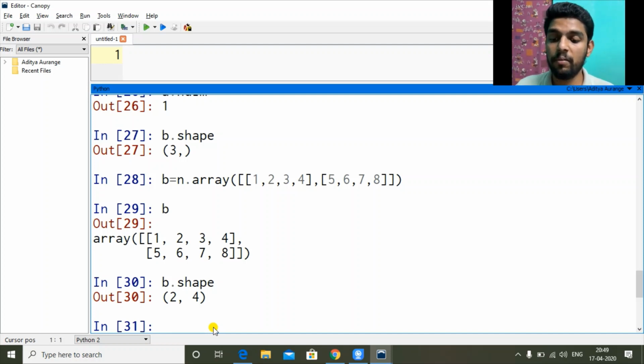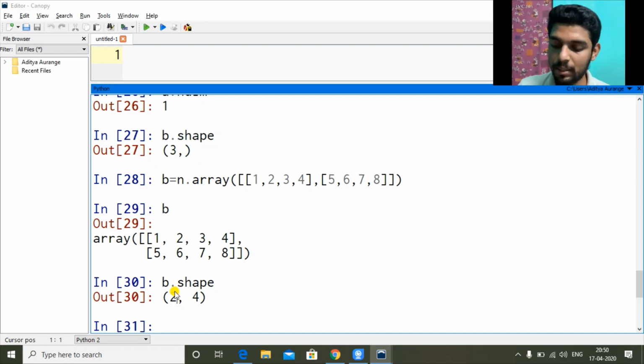Now here we have 2 rows and 4 columns. Earlier there was only one row, that's why I think it didn't show 1, 3. It showed directly 3. Now once we increase the row size, it gave 2. So you have to try everything, then only you can know in depth.